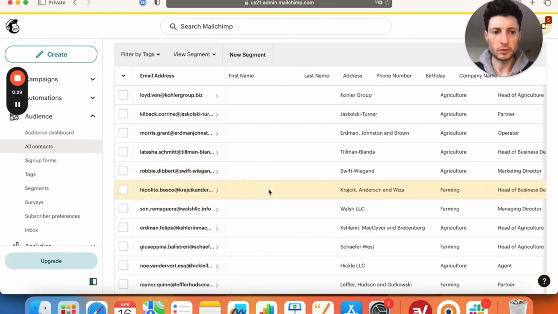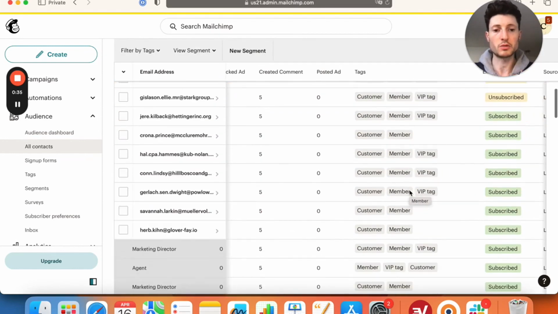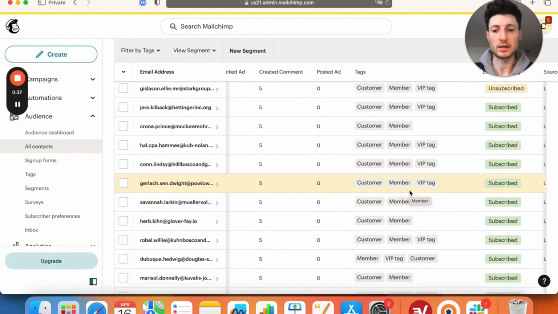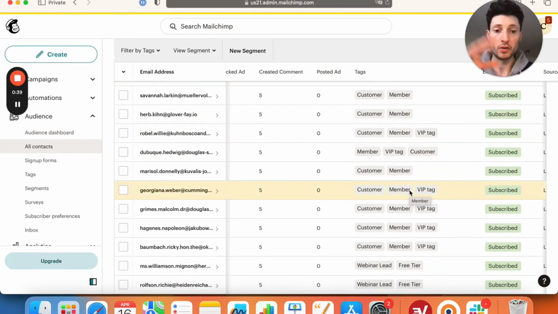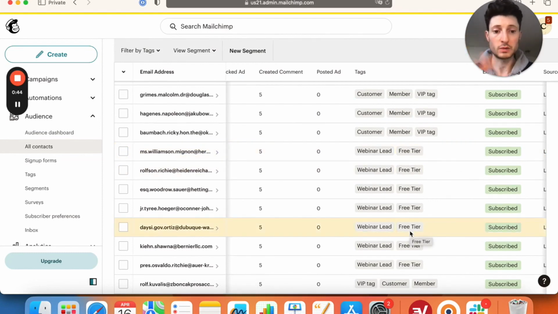Now, if I look into the audience here and scroll across, you can see I've got a number of custom tags, which are really important to me. I want to make sure that I get this data into EcoSend so I can segment my users on whether they're my VIPs, my customers, free tier webinar leads, because that's obviously going to dictate the communications that I send